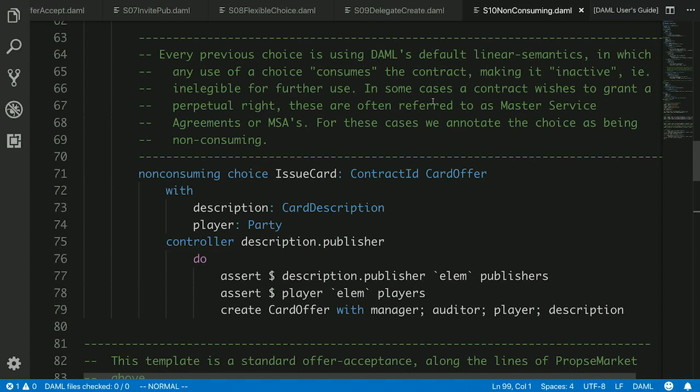There are some situations, however, where you want to grant a permanent right to perform some operation. In that case, we do support this idea of a non-consuming choice. In this case, this allows a publisher to create an offer to a player to accept a card.